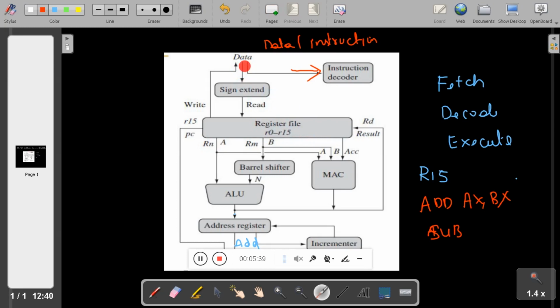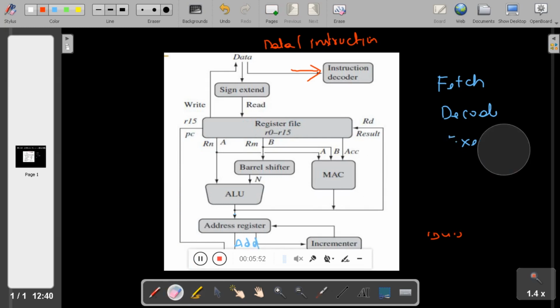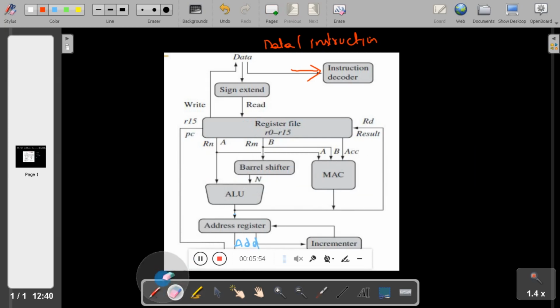If the data is 32-bit, the data will be moved directly to the register. Now, what if the data is 8-bit or 16-bit? I told you in my previous video, ARM7 supports 8-bit data, 16-bit data and 32-bit data.